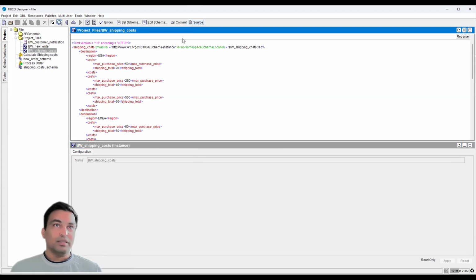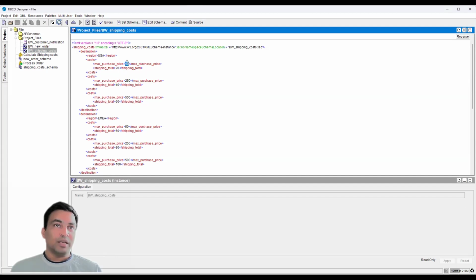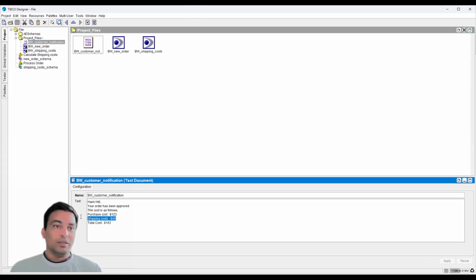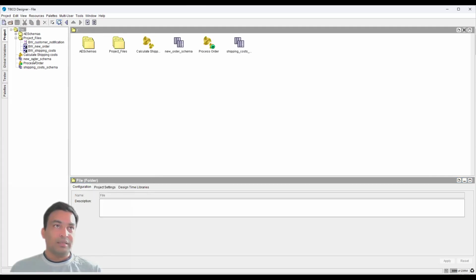Here in the shipping cost XML, the country or region is US and the max purchase price is 123, so it will not fit here. And let's see here, max purchase price is 250, which is fitting our criteria. Like $123 is less than $250, so this is the shipping cost, and that is what we see in the final customer notification file. That shipping cost is $40 to ship, and the total cost Hank has to pay is 163. I'll stop here and continue